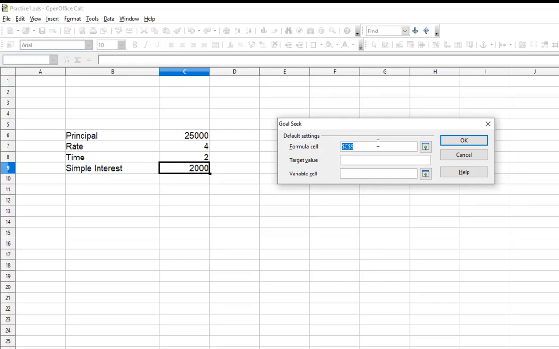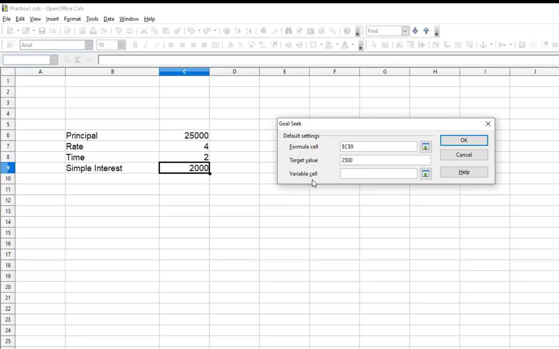So earlier, if your cursor was somewhere else, now you could bring your cursor over here on this particular cell and tell it that the formula cell is $C$9. Then what is your target value? The target value which I have is 2,500.